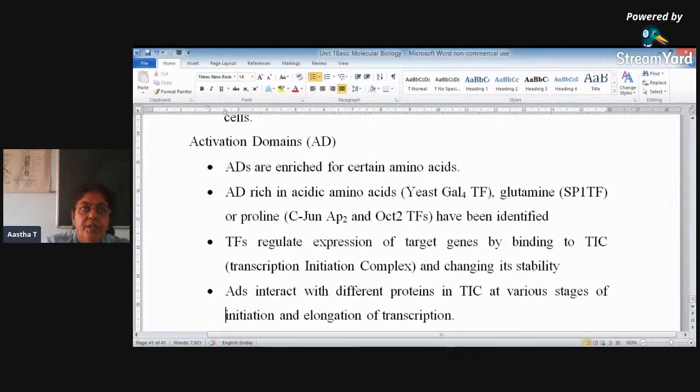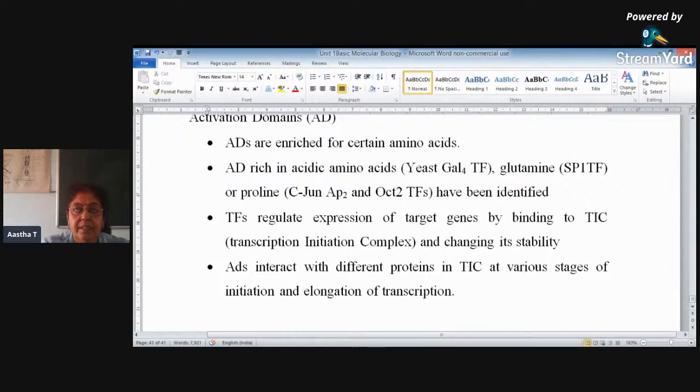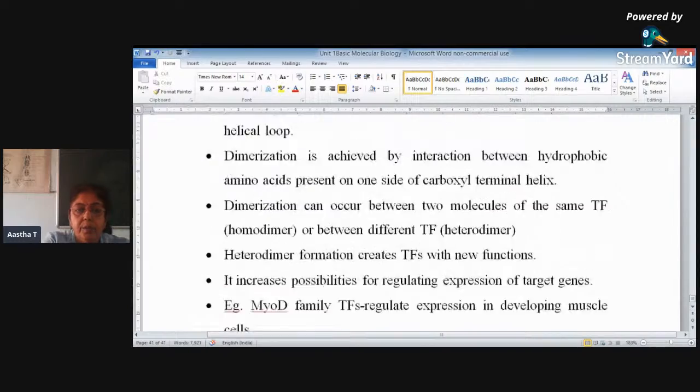They change the stability of the target genes, whereby the double-stranded DNA will separate and the non-coding strand will be involved in the formation of messenger RNA. ADs interact with different types of proteins in the transcription initiation complex at various stages of initiation and elongation of transcription. So this is all about